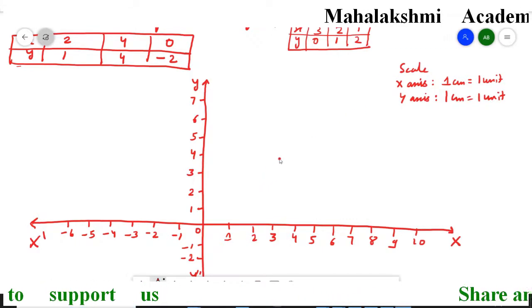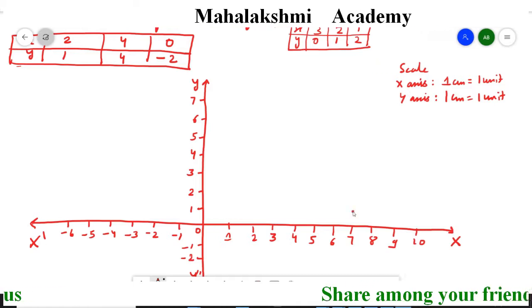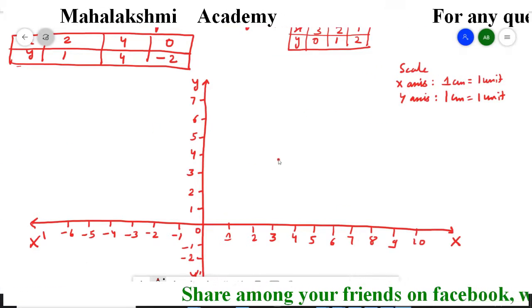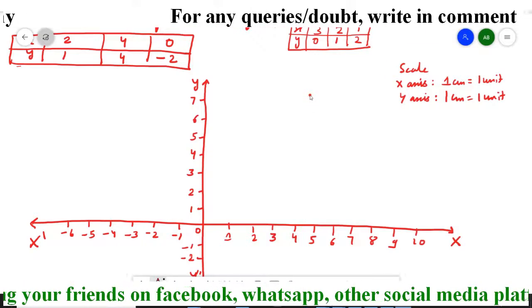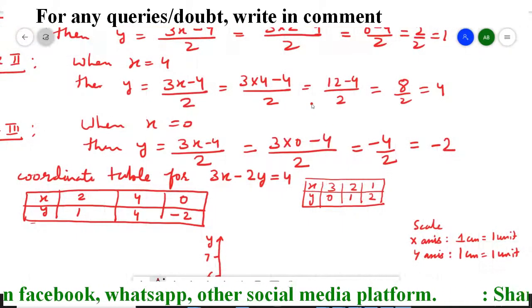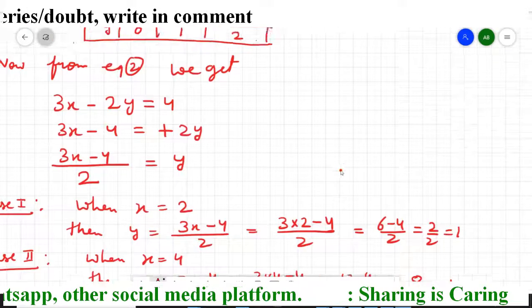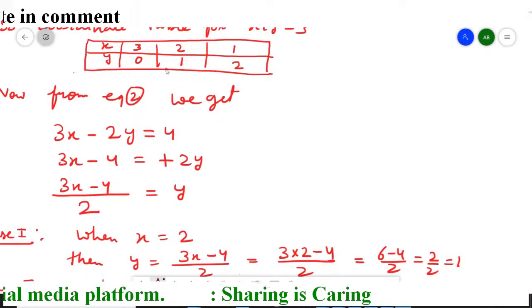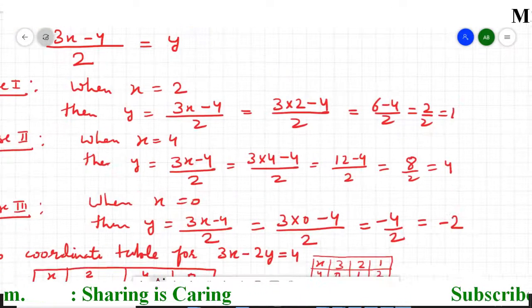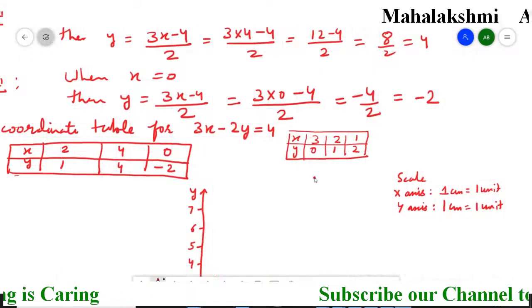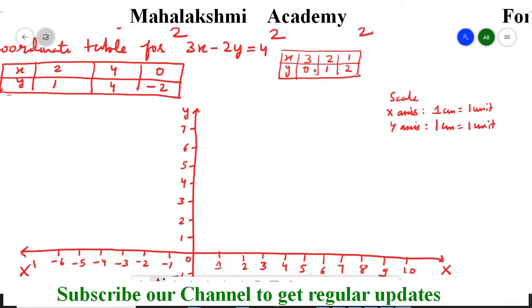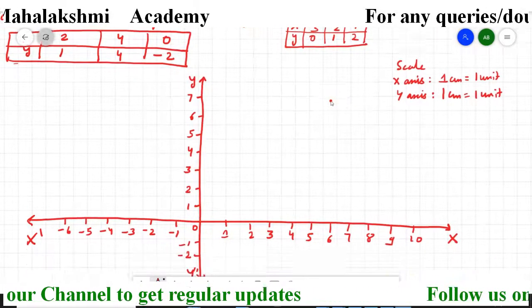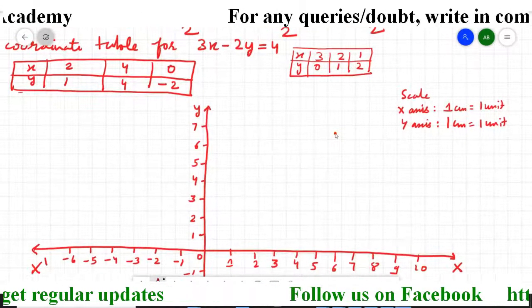Now after locating all these things on the graph, we have to start to locate the coordinates which we had made in the first table. So just see the first table which we had already calculated earlier. So this is our first table. This first table I roughly wrote here so that I can easily locate the points.